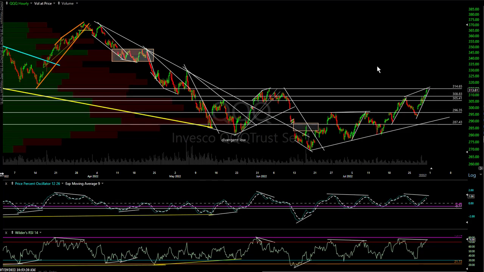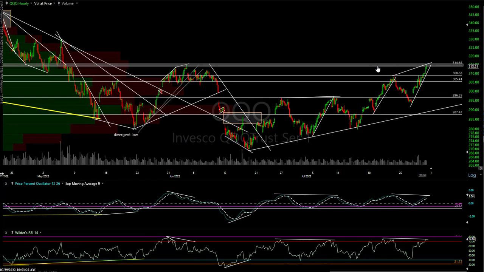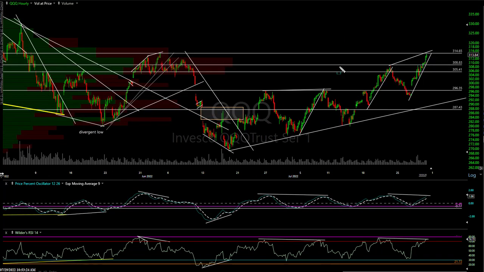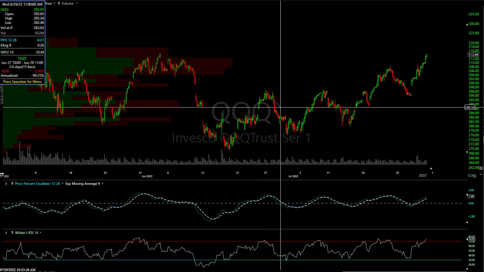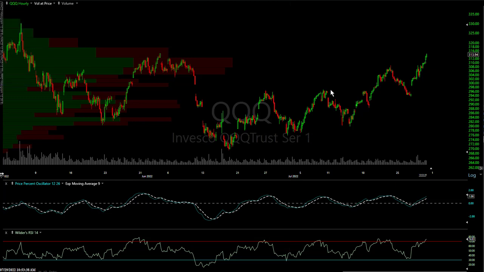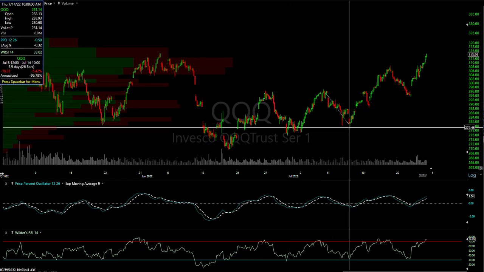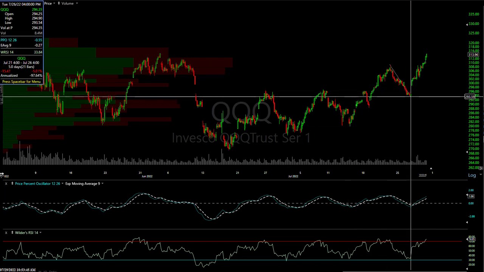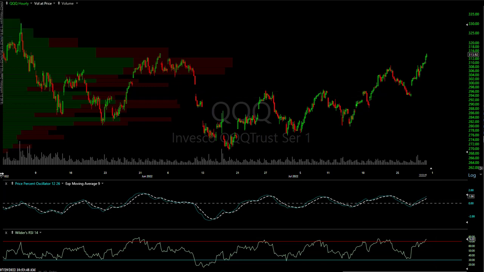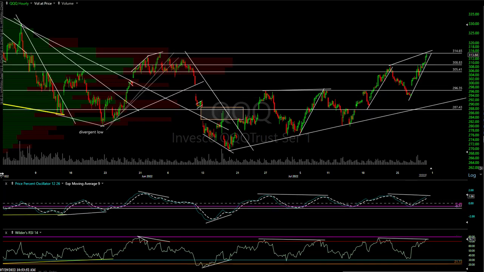What does tradable mean? Well, here's QQQ 60-minute chart right here. We had a divergent high right here. Let's just measure the pullbacks in recent weeks since this uptrend started. That one was good for about 7%. This one was about a 5.5% drop. This one was about 5%. So there's a range, 5 to 7%. So we'll say 5-6%. And again, turn on all the lines.